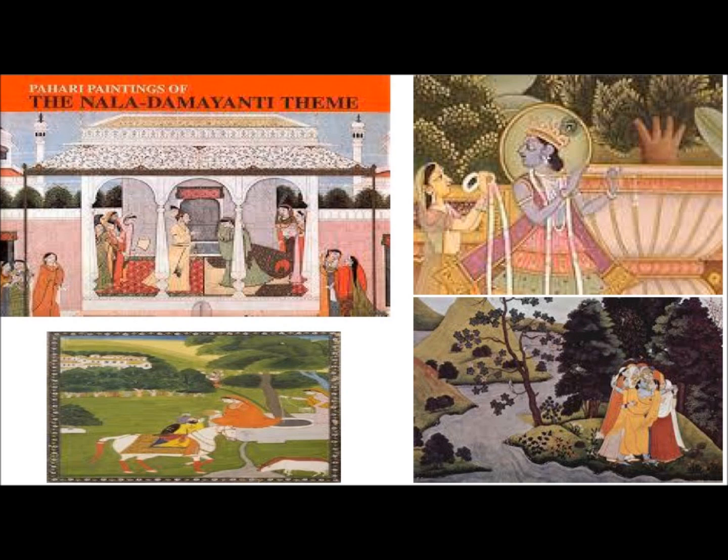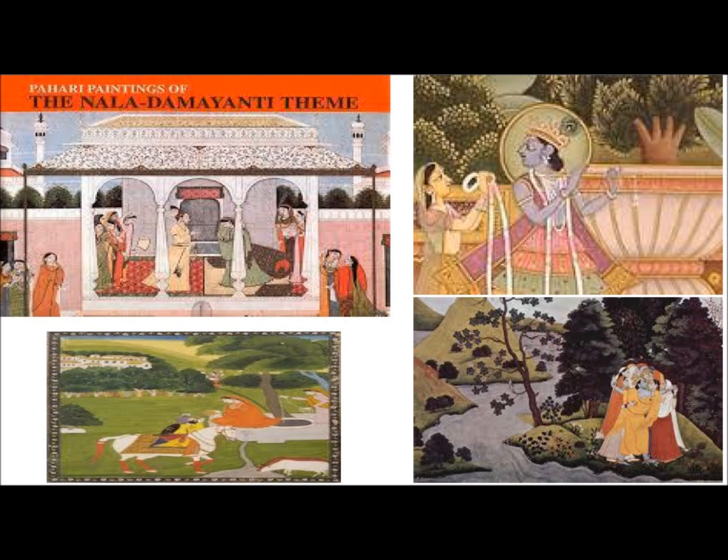Then another most important theme is the Devi series, D-E-V-I S-E-R-I-E-S. Devi series is a most important theme of Pahari painting. Devi series means the different incarnations and different forms of Devis are depicted in Indian painting. Till now what we have seen, there are 3 characters of Pahari painting: love, Rasa Manjari and Devi series. And another most important and prominent theme of Pahari painting is Naika Bheda,